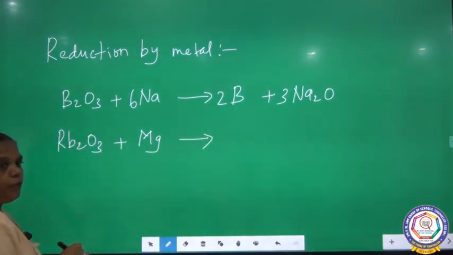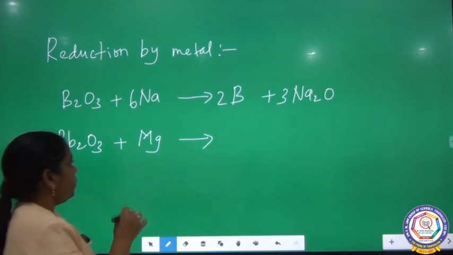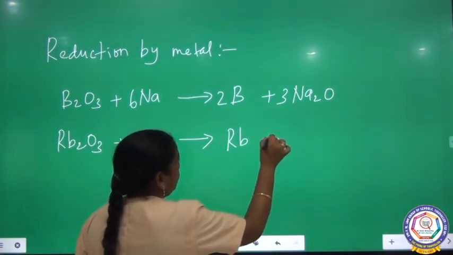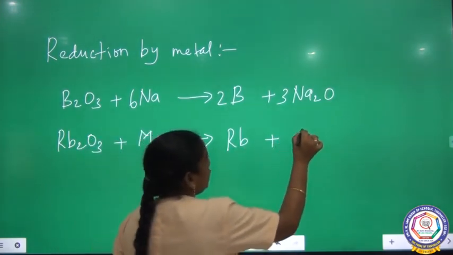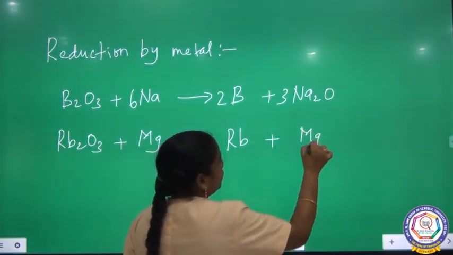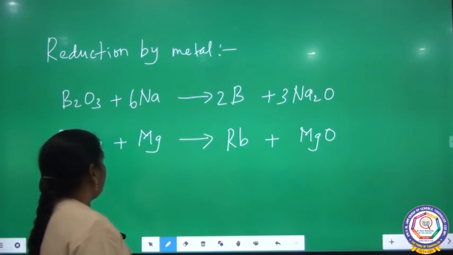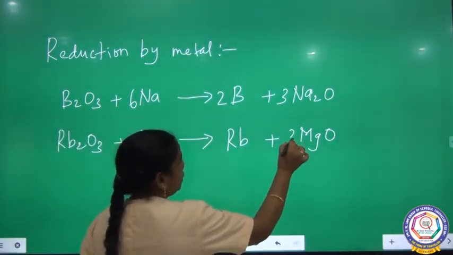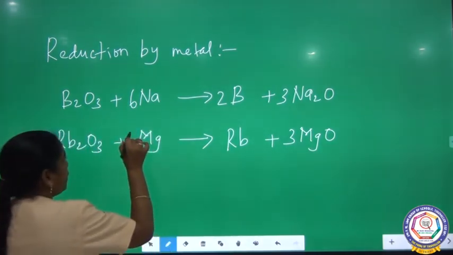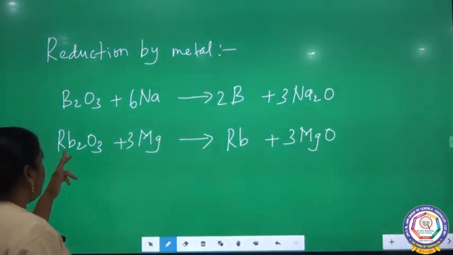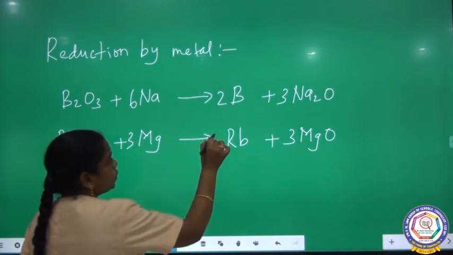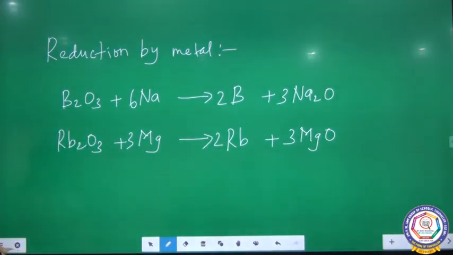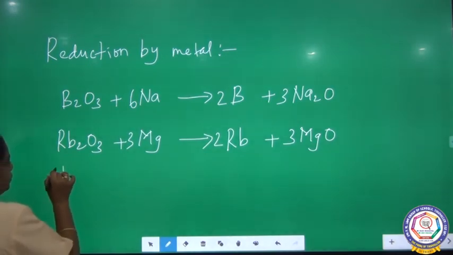Rubidium oxide is reduced to rubidium plus magnesium oxide. Now balance 3 oxygen, so if you put 3 here, the magnesium becomes 3 and rubidium 2. And the next metal, titanium oxide,